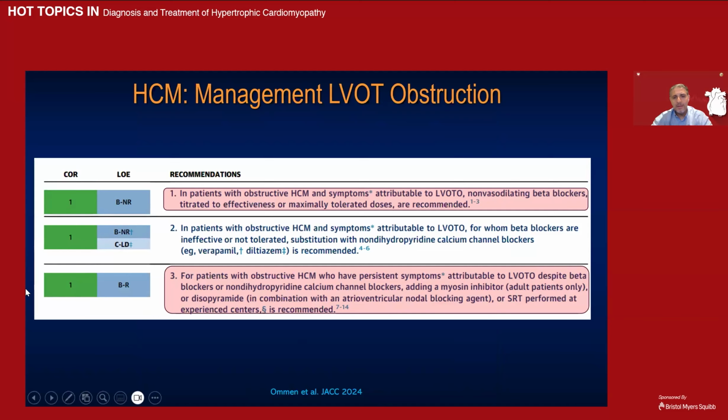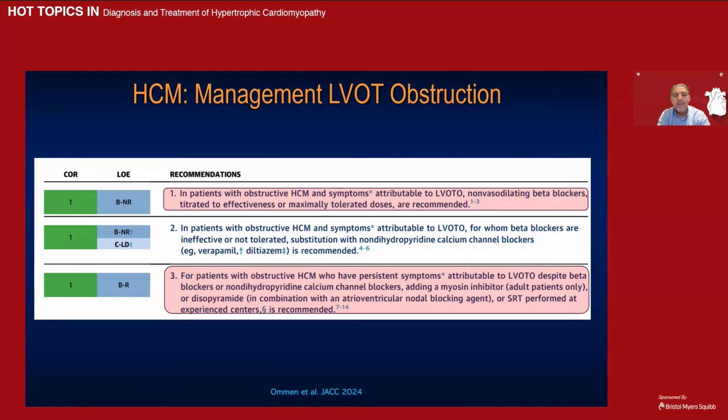This has always been our first line therapy in patients with symptomatic obstructive HCM, despite the absence of randomized evidence showing the efficacy of this class of medications. And now, if you look at the third box, patients with symptomatic obstructive HCM who have residual symptoms despite adequate beta blockade, those are the patients who we would consider the addition of myosin inhibitors in